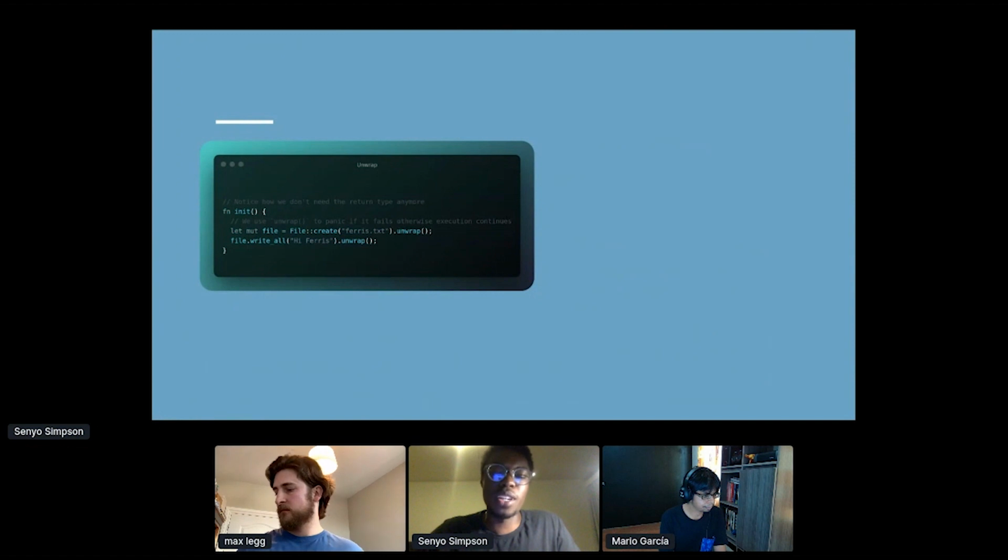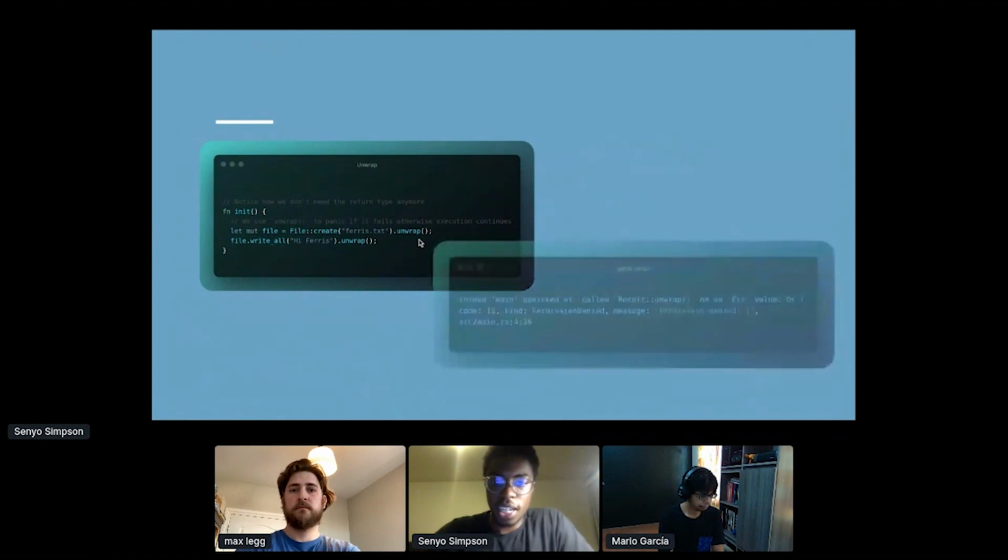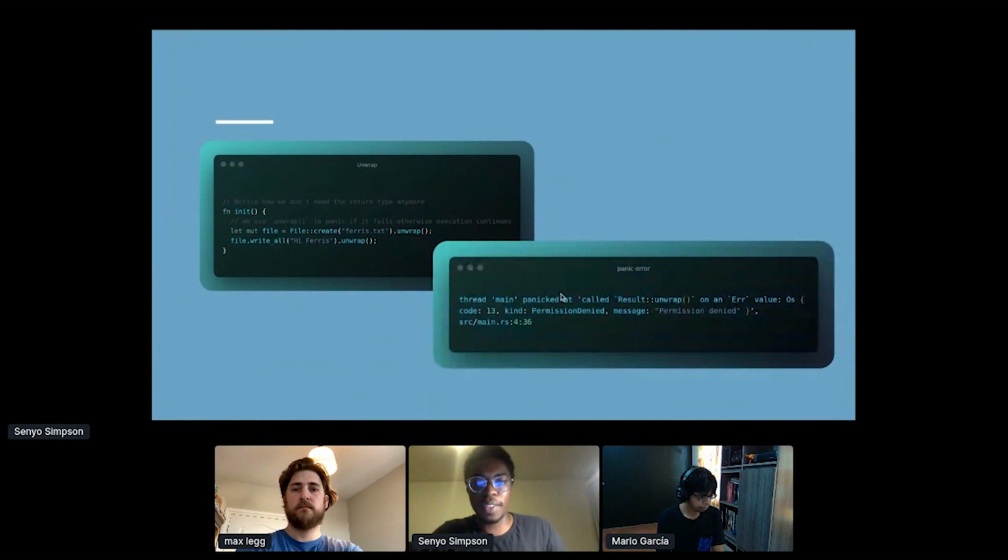One tip here, or one commonly known thing, is that we shouldn't use unwrap so much in production. One reason for that is obviously you don't want your programs to be crashing all the time when you could just implement error handling logic. But it is commonly used when you're prototyping, or when you have a guarantee that this function wouldn't error, and so you don't need to implement error handling logic. In the case where it does error, we can get an error message. In this case, you see we panicked, and the message says that permission was denied. So we obviously didn't have permissions to write to that location.